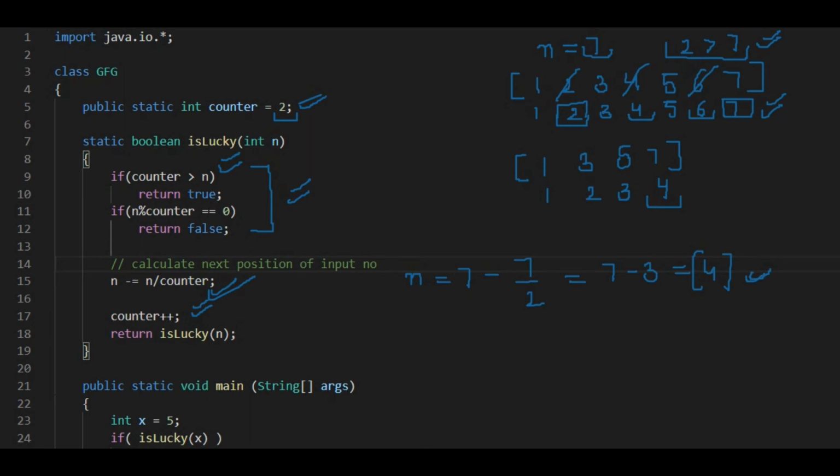That means the index of 7 in the array that we were taking before and the index of 7 that we are finding with this formula come out to be the same. Then we increase our counter value. That means in the next iteration, we have to delete every third element. Okay. Then we call the function again. That means right now n is equal to 4 and we are calling the function isLucky